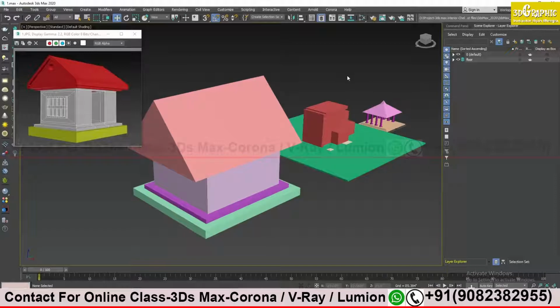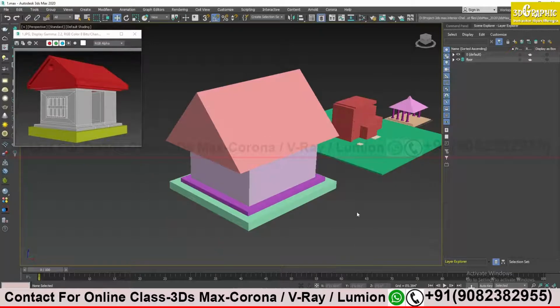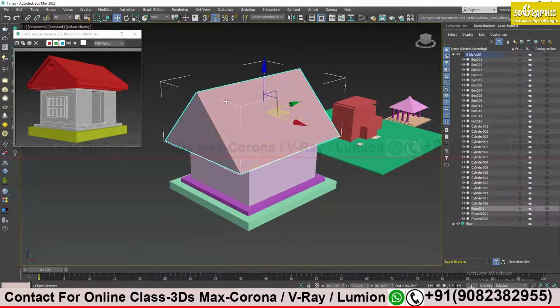Okay, so I will continue from here. Now there is one more shortcut. Now what I did was create a blank layer and then add the object on that layer. One shortcut is, first you select the object here. Suppose this is the roof of my home, I will select this 3D object, and then I will click on the plus sign over here, create new layer.